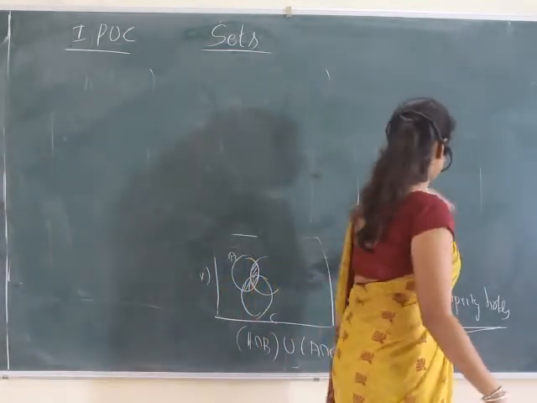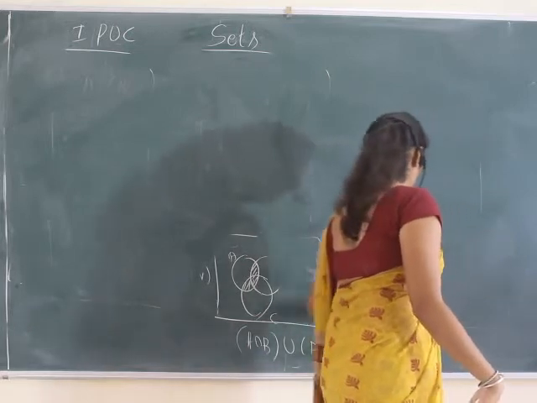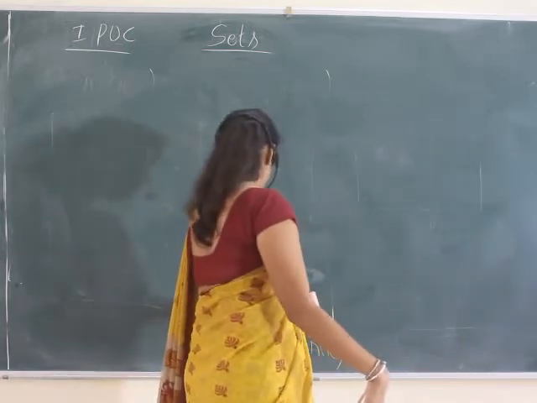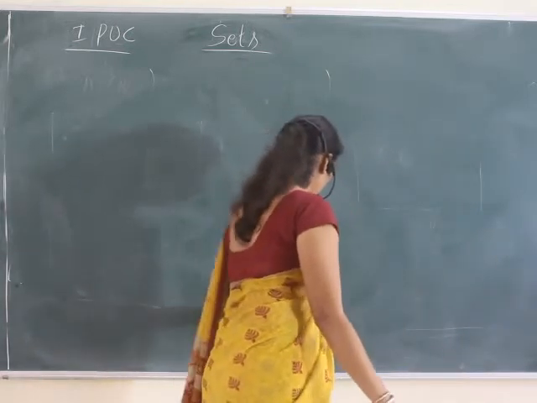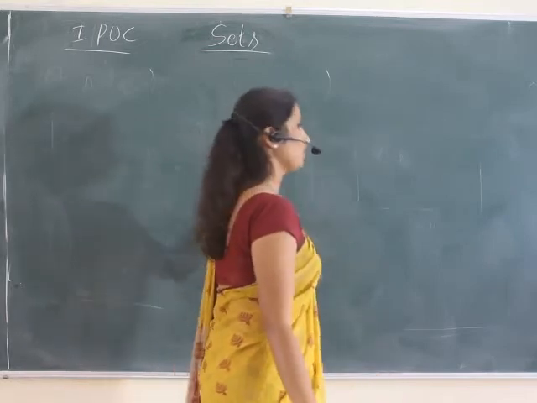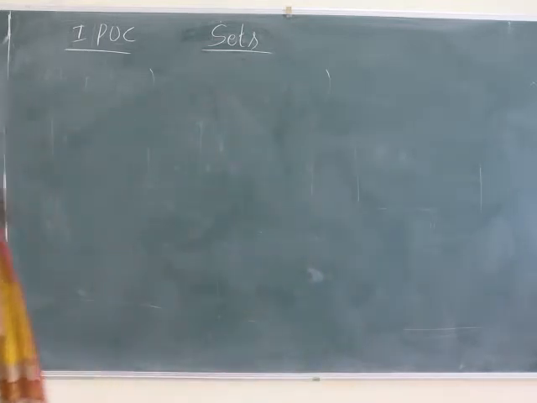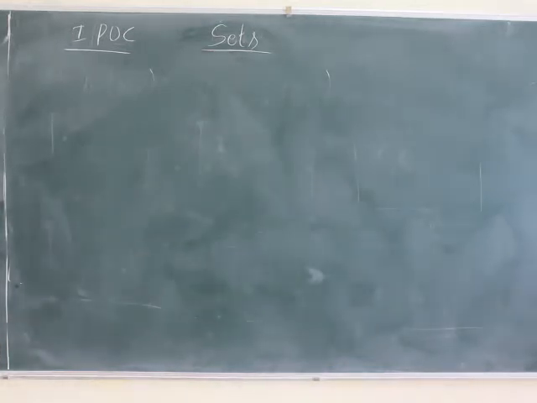So this is about union and intersection, and also the very important property of union and intersection, which is the distributive property. Now we'll solve some problems based on this union and intersection. So I'll take if A and B